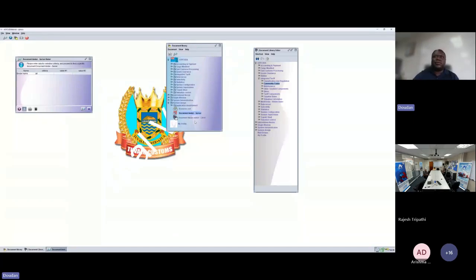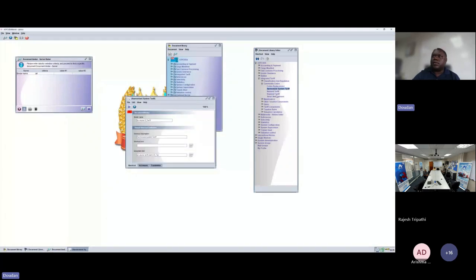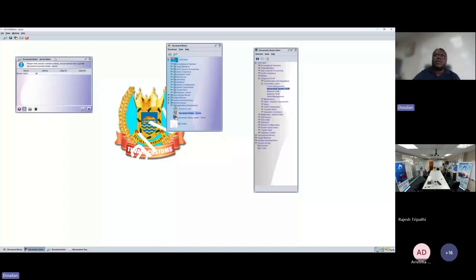In order for you to identify the binder name, just go back to the client one that is still open here. Commodity code, let's click on this one. Click harmonized system tariff. That's the one that we have just updated. Right click on it, you can just open, and there you have the binder name. So just copy the binder name, and then come to the server,